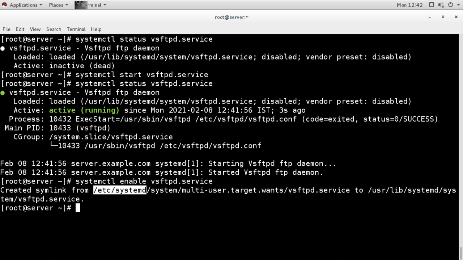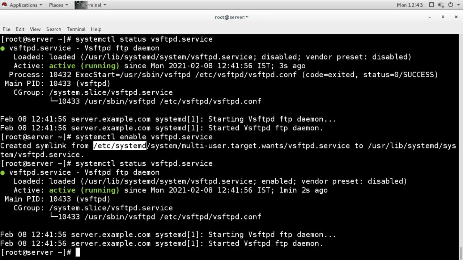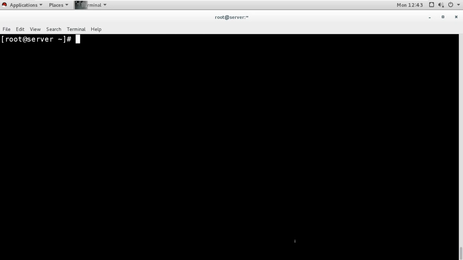Now if we check the status, it is running, and it will also run after reboot because now it is enabled. So our server is started and running, and now we'll see what the defaults of this server are and how we can access the server. For accessing the server, I'll go to the client machine first.